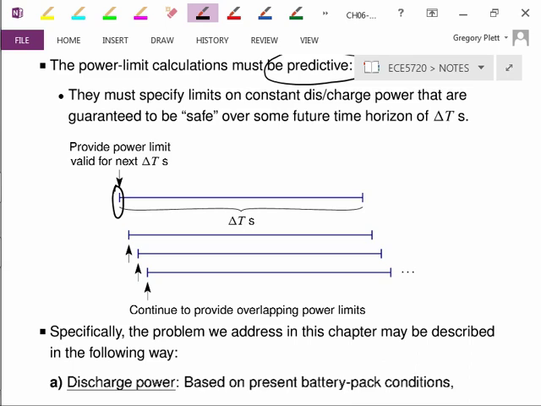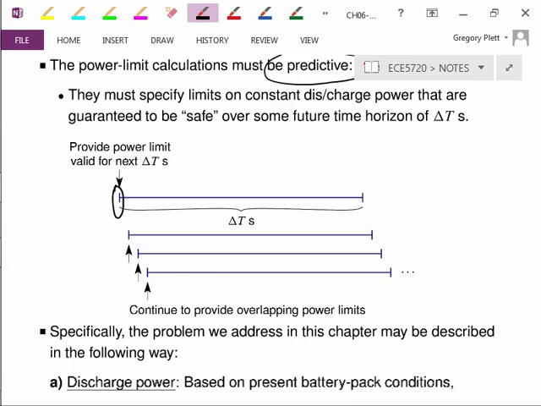So this power limit thing is pretty important, just in terms of who pays for warranty claims if the battery pack dies prematurely. Is it the people who make the battery management system because they did bad power limits, or is it the people who designed the load because they exceeded the power limits? In any case, the number I provide says you may have this amount of power constantly or less over the